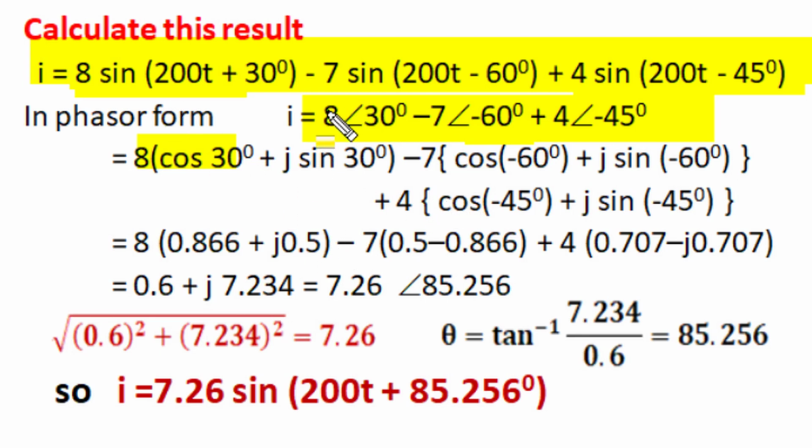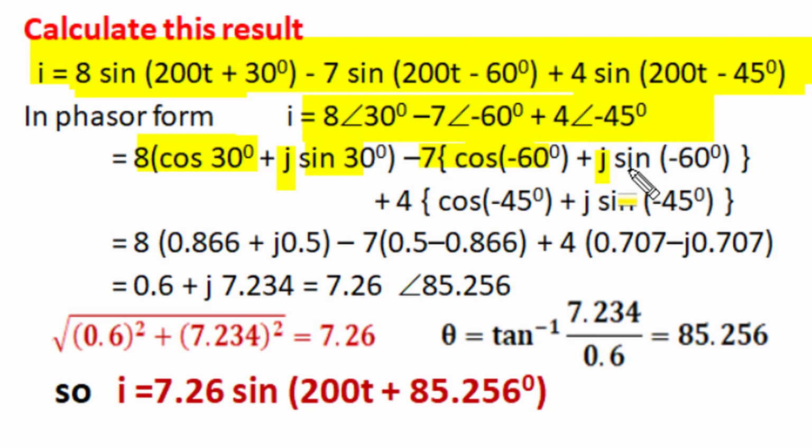So this first current of amplitude 8 and angle 30 degree in polar form is converted into rectangle form with horizontal real active component as 8 cos 30 and vertical imaginary or reactive component with J notation as 8 sin 30. Similarly, magnitude 7 ampere and phase angle minus 60 degree current can be converted in rectangle form with horizontal active component, real part of this is 7 cos minus 60 degree, and imaginary vertical or reactive component with J notation